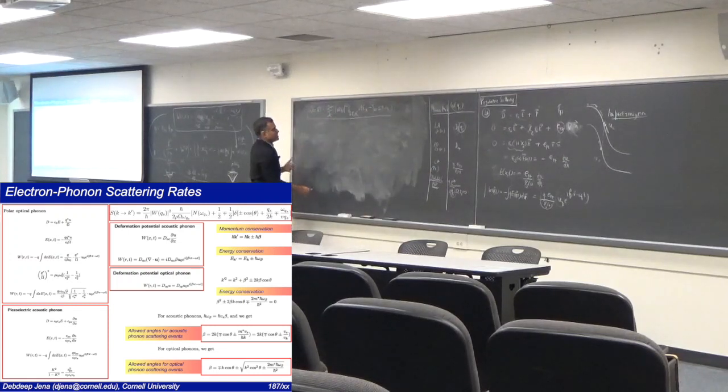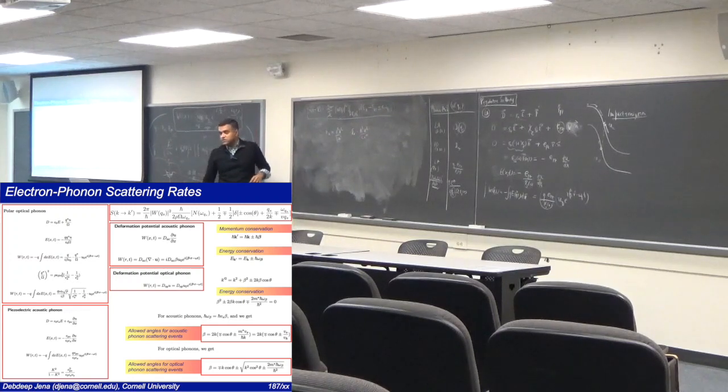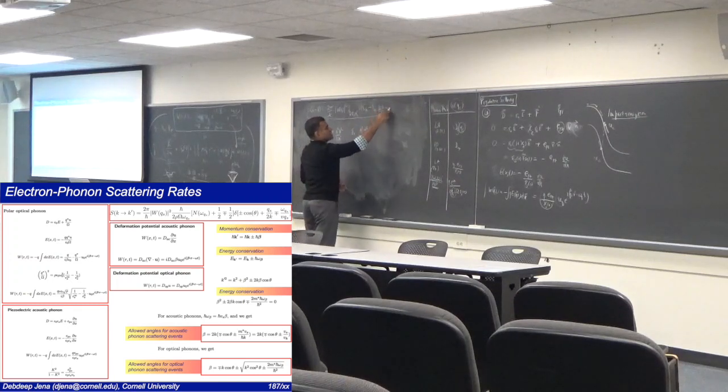But once you realize this, you also know that depending upon the phonon and electron energies, so if your electron energies are h square k square by 2 times some effective mass, E of k prime is h square k prime square by 2 times effective mass, right? If they are in parabolic bands. It doesn't have to be. You can take some other materials, graphene or something else, but I'm just doing it for parabolic material, parabolic band structure. And h bar omega qs